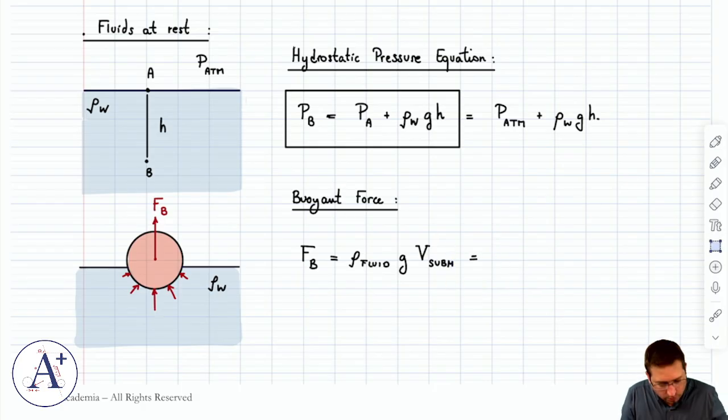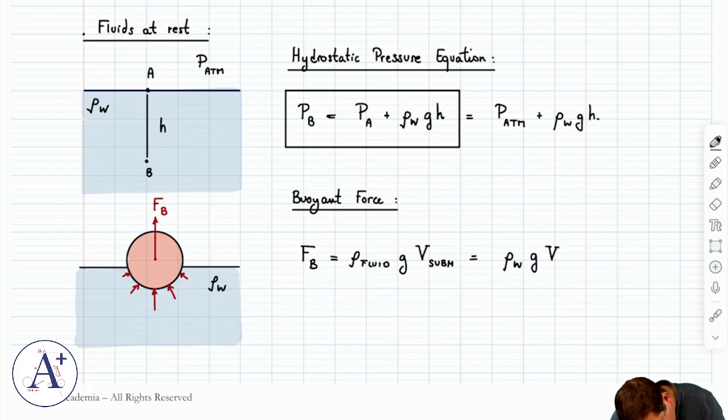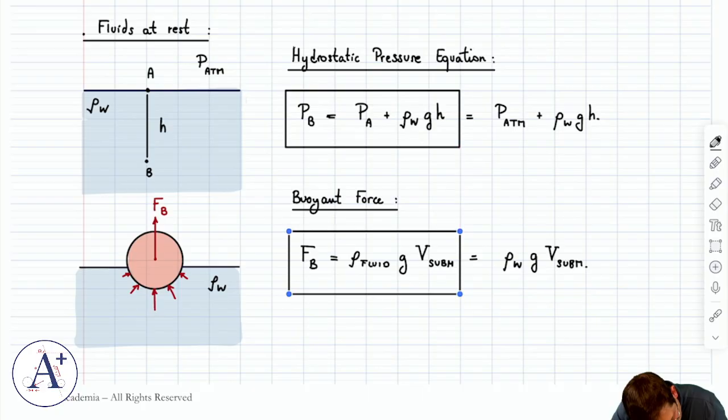So whatever volume is submerged in the fluid, in this case, this volume right here. But it's the same thing as the displaced volume. Now in this particular case, the fluid is water, so it's going to be rho water g V submerged, right? But here I'll box the more generic equation where